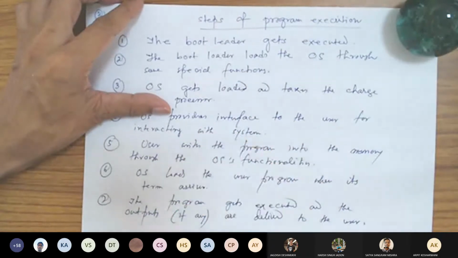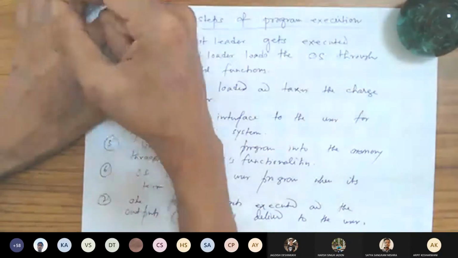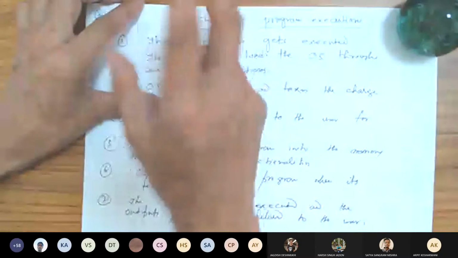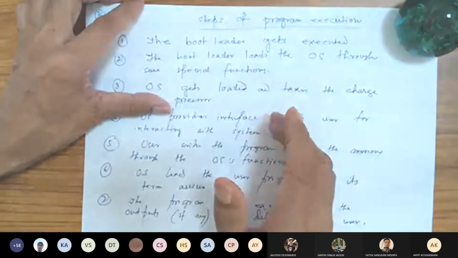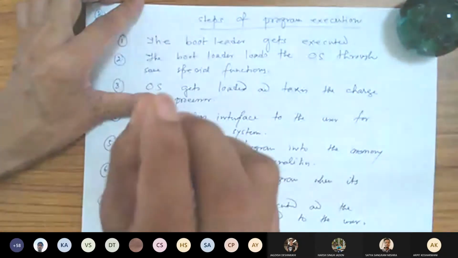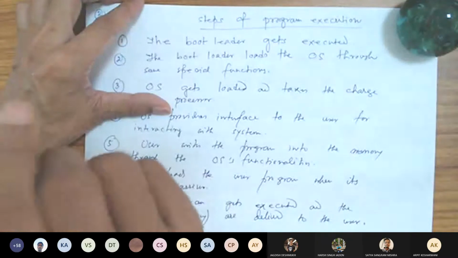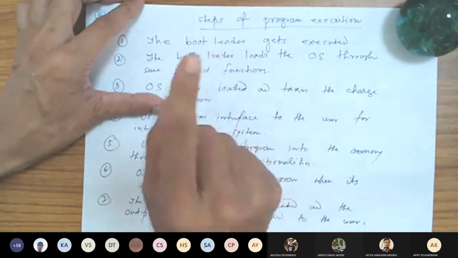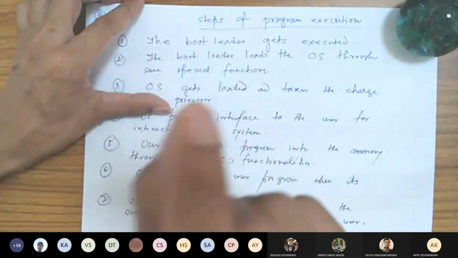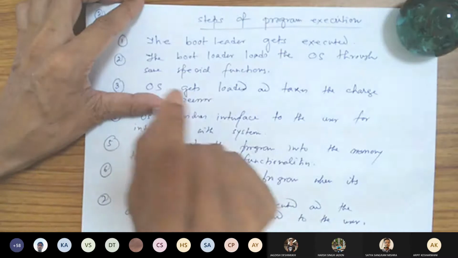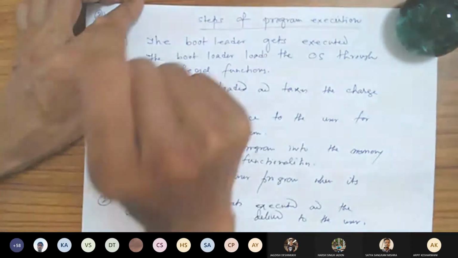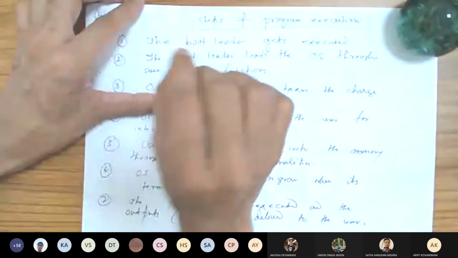And particularly date and time: if you switch off the machine, how does the computer keep checking the time? Because next time you boot your machine, you get the current time. How do you get it? That's because there is a battery backup which helps the computer to increment the clock even if the machine is switched off. So there are some functions for which you need battery backups.